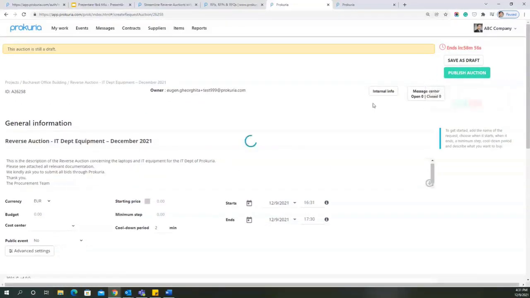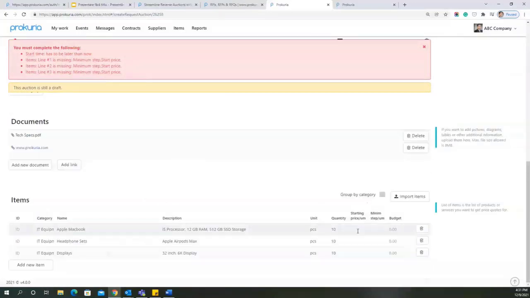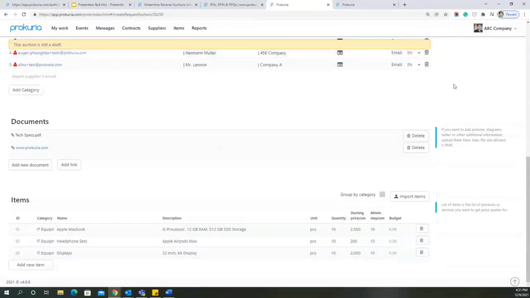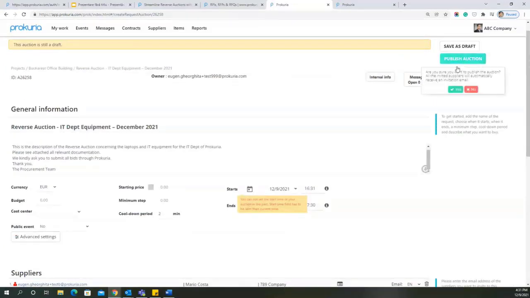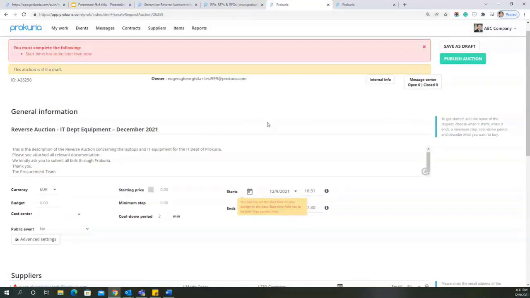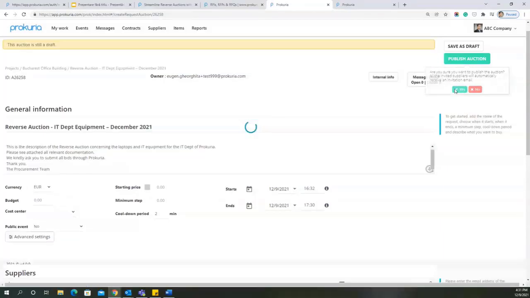I'll just publish. Oh, just a second. I'll just put in some prices, and let me see if it works now. So the start, let's choose the start time. It can be a time in the past, of course. And now that the auction is published,